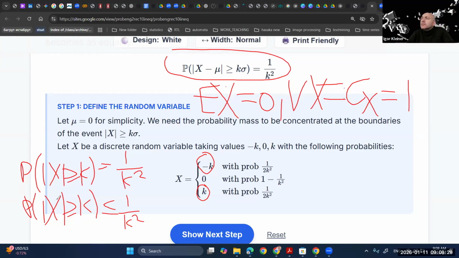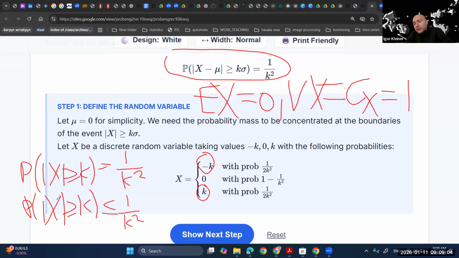I have a question. How can you describe a situation on the left-hand side, the probability that absolute x is greater? It doesn't matter if it's absolute x or just x, x greater than or equal to something. I'm asking because we are using a discrete random variable. Yes, so for a discrete random variable, it's just P(X equals something). What is x greater than something?